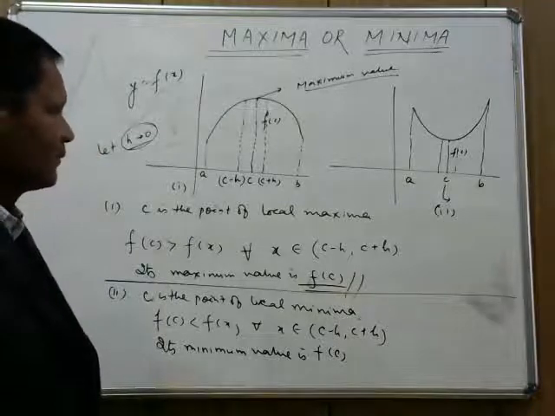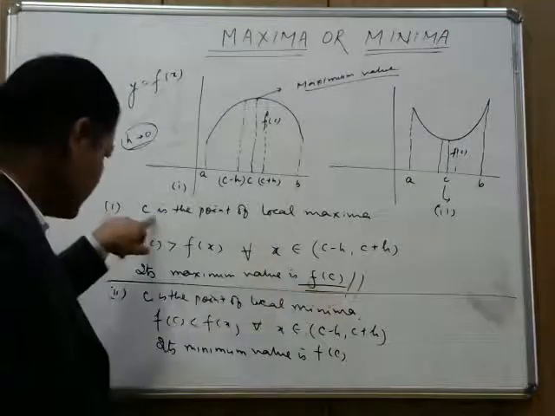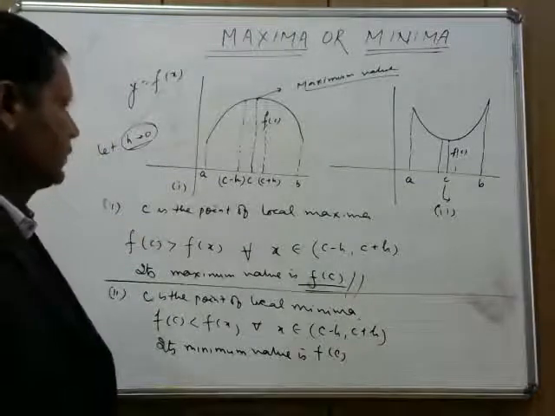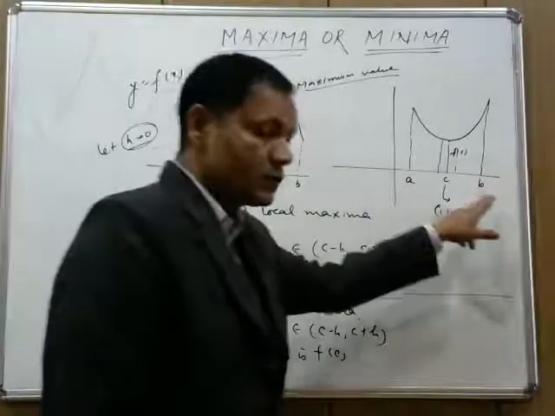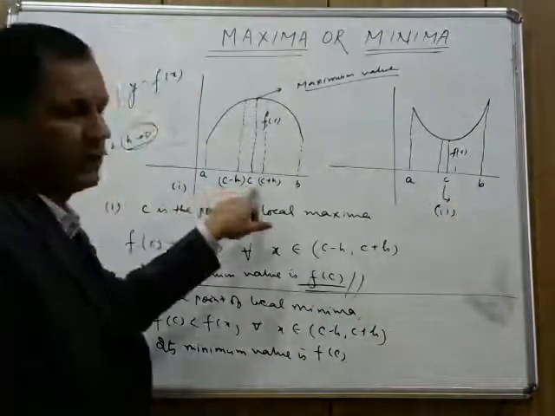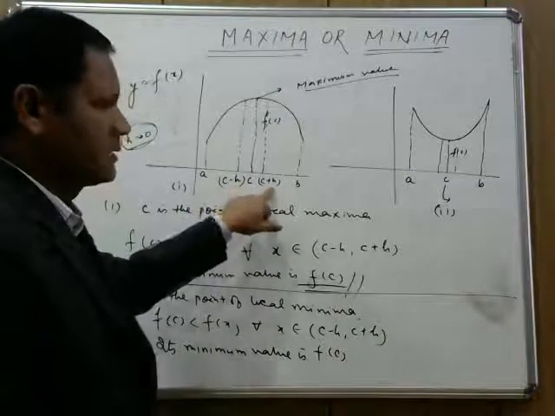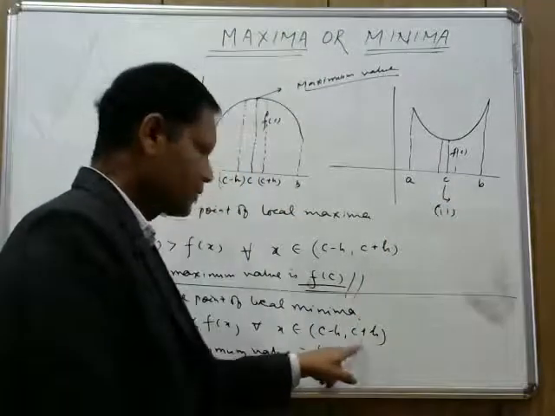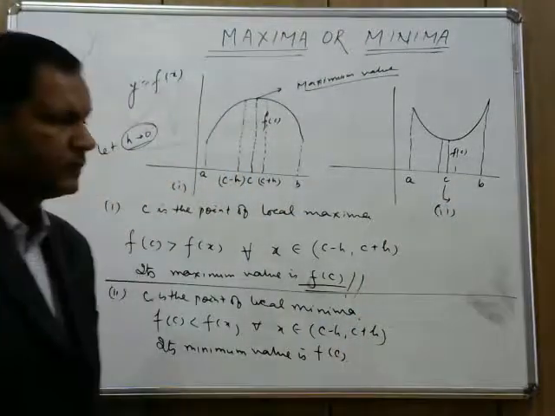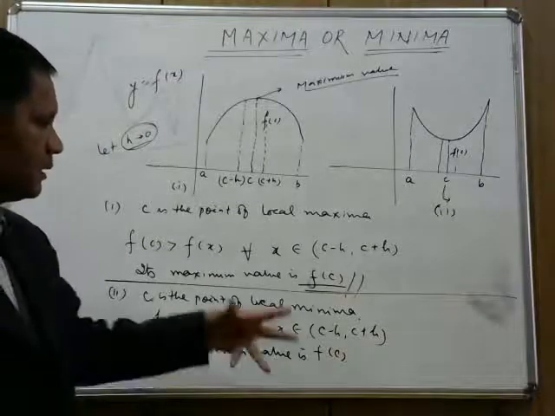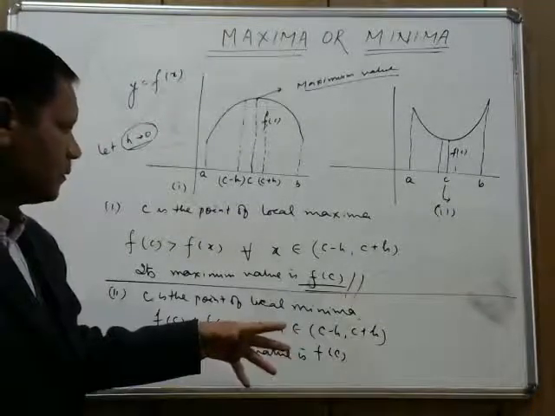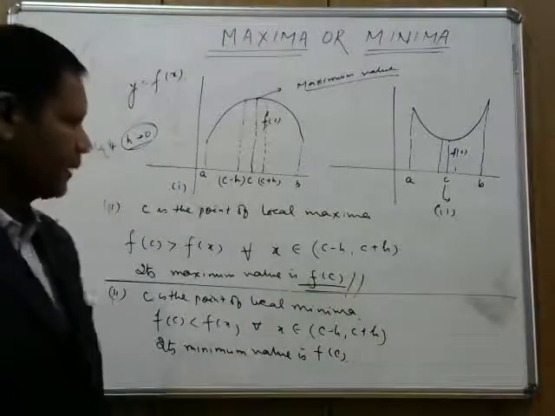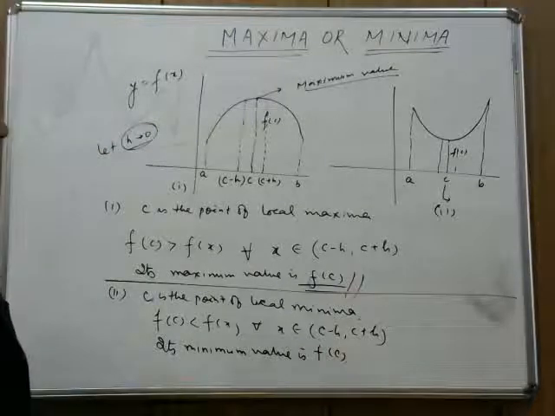If you have any confusion between this c and that c, I can write c1 and c2 also, no problem. I can write this one as c1, then I will have c1 minus h, c1 plus h. I can write this as c2, then here we will write c2 minus h, c2 plus h, same thing. That means this is the way to find out the maximum value and minimum value, theoretically.